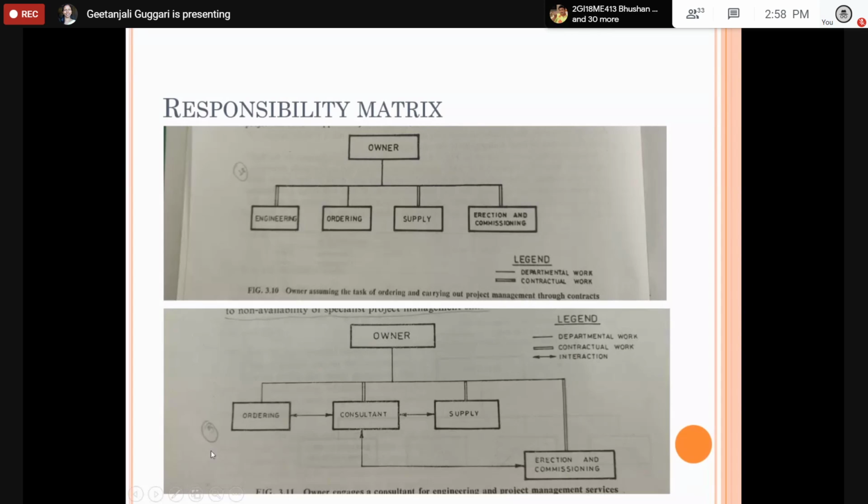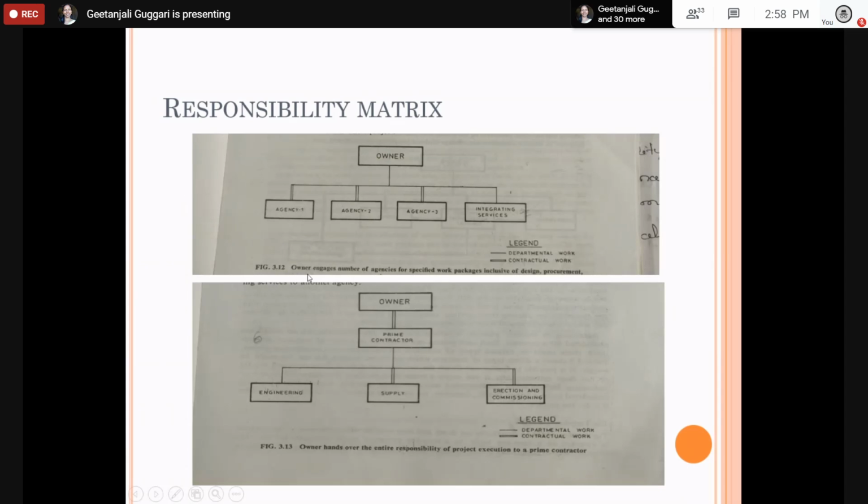So there is an interaction between ordering and the consultant. There is an interaction between a consultant and erection and commissioning. There is an interaction between a consultant and the supply. When the situation becomes more tricky, in that case you need to have this kind of coordination between everyone. Here, one more is: owner engages the members of agencies for a specified work package inclusive